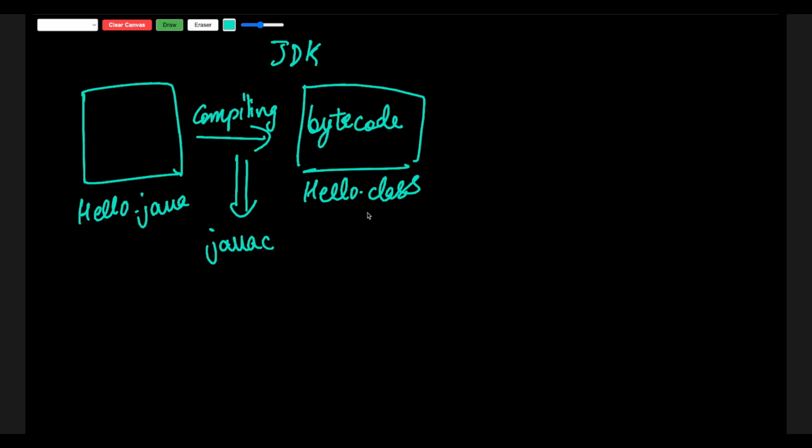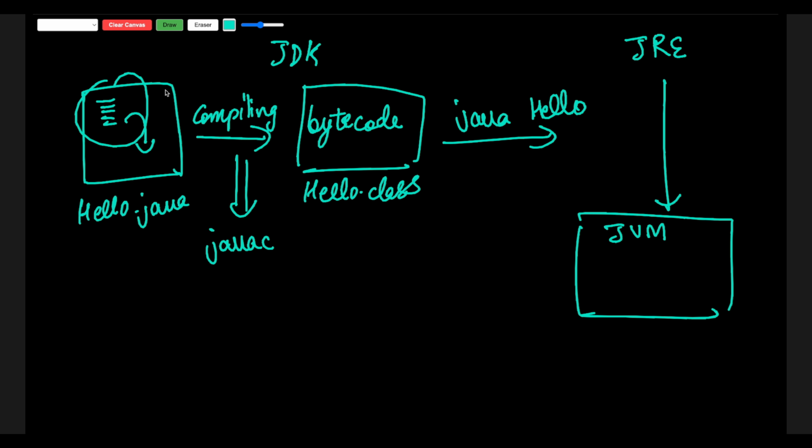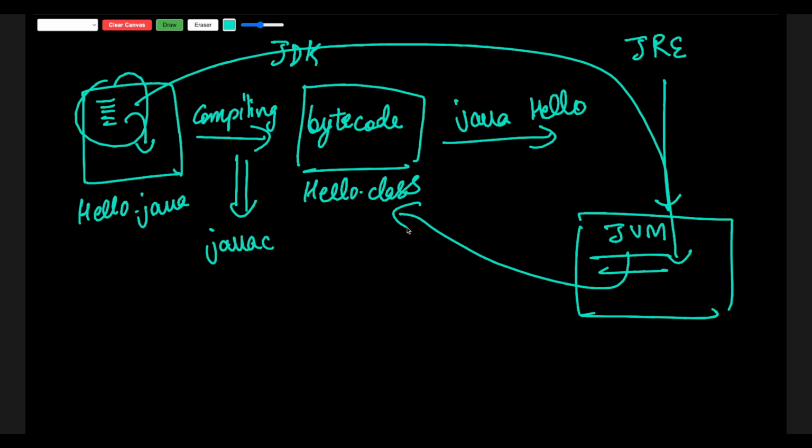Now after that, to run this particular bytecode, we run the command java hello. This is where JRE comes into play. JRE basically loads the JVM, that is the Java Virtual Machine, and required libraries too. So basically, let's say in the hello.java file, you have introduced some additional libraries which are used by your code. So JRE will help you to load these library files into the JVM so that JVM can finally read this particular bytecode and execute it, and finally you can see the hello world on your computer screen.